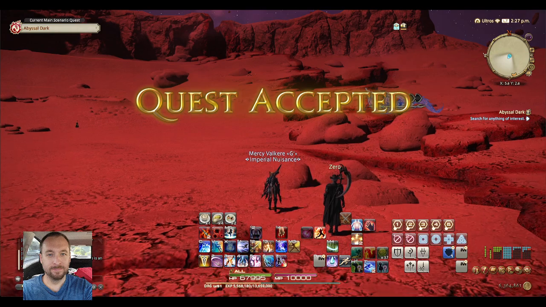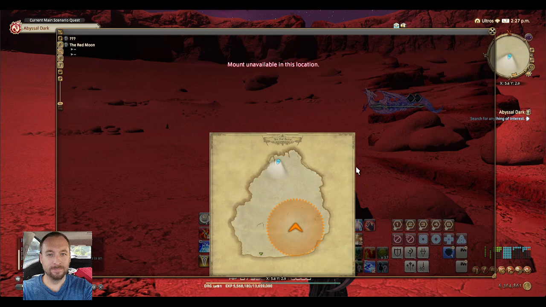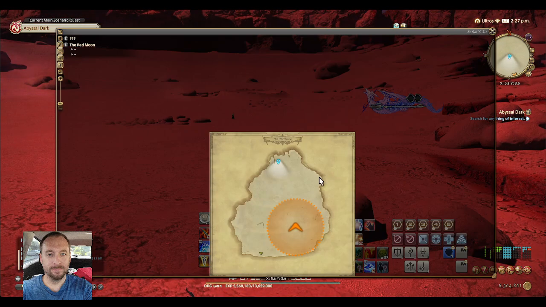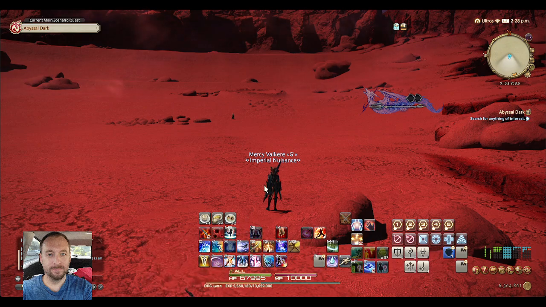Can't mount. Sucks. If you're like me and you went to a resting spot, what are they called? This is how you get rested XP. So I just used my return to go back to Old Charlian. I did a couple dungeons, I think. I got Dragoon up to 91, so...